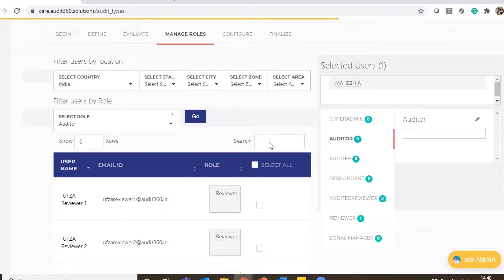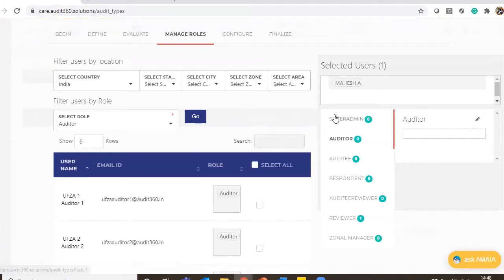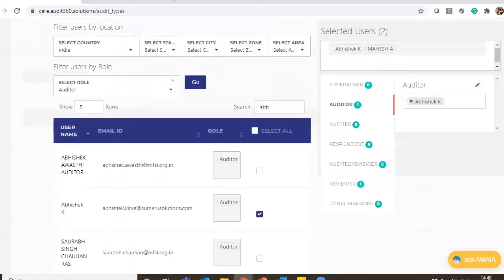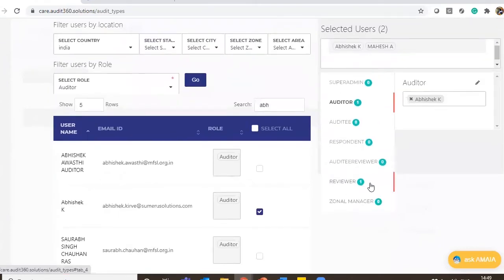So I'm just defining the different user for different role. I'm choosing Abhishek as the auditor. So basis the selection you do, all the roles gets added here. If you see, I have chosen a reviewer one. I have chosen one auditor.